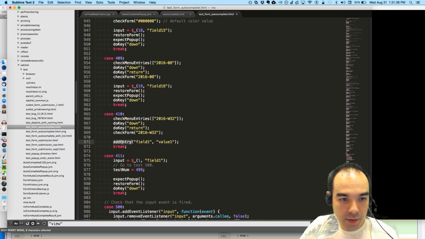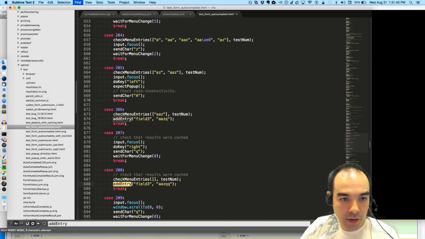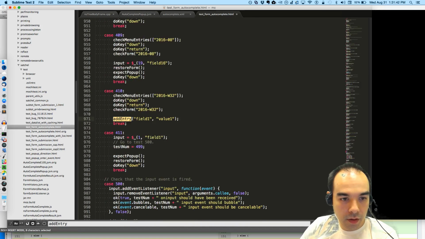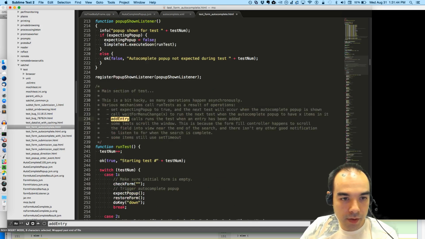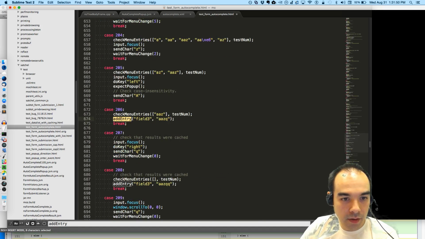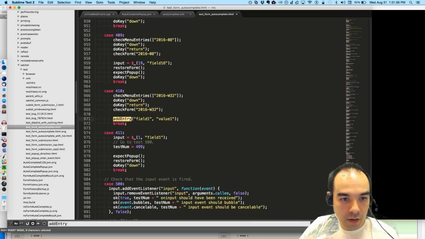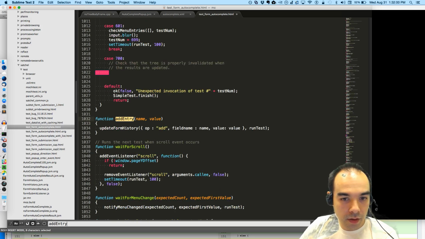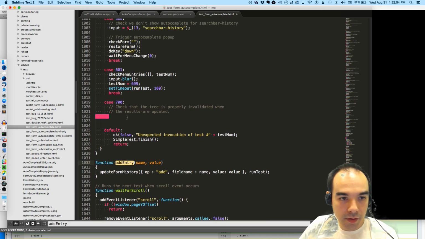What's this add entry business, add entry? Form history. Add entry calls runs the test when an entry has been added. Oh, okay. Name value.